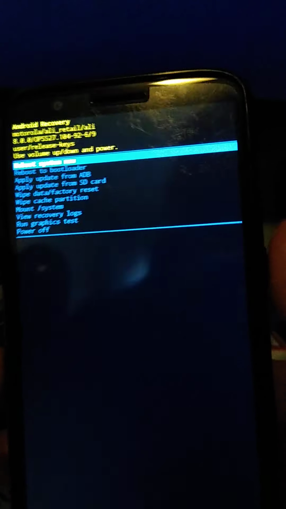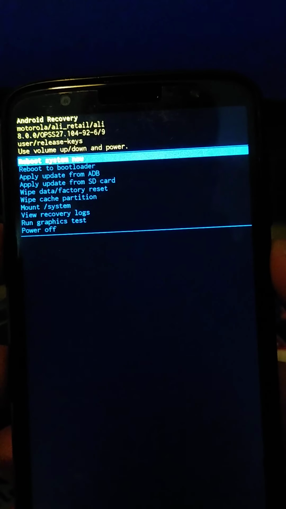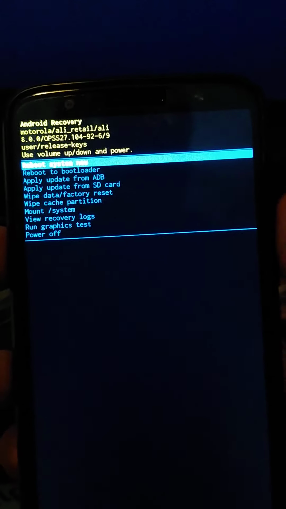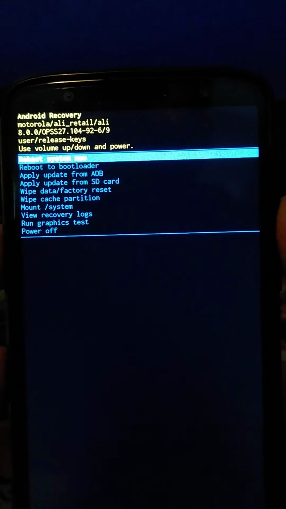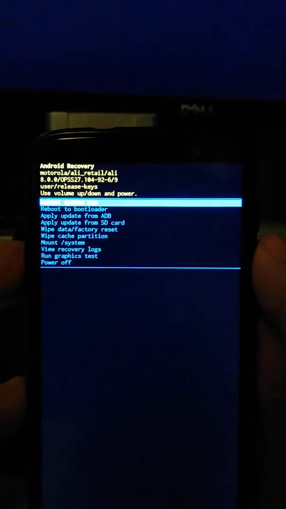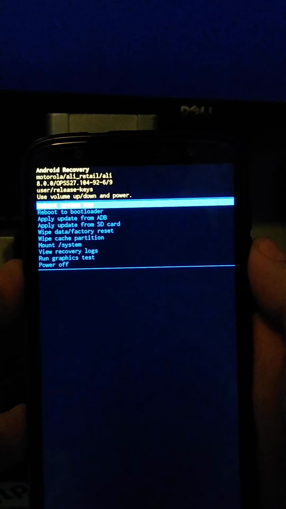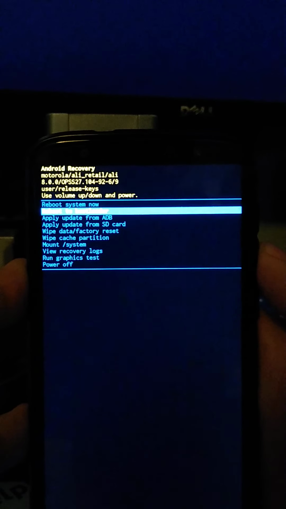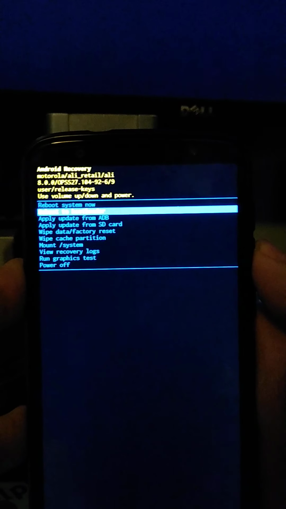Okay, but you've got to long press the power first, a couple seconds, then volume up, because if not, you won't get to this. And that's the problem that I've seen with other YouTube videos, which I tried, and they didn't mention that. It didn't work. Okay, so now that we're here, we've got reboot to bootloader, apply update